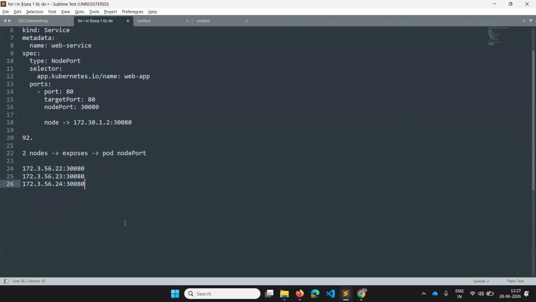But what if there are chances of security issues? Once your node IPs are exposed, there are chances that others can inject, SQL injection can happen, or any other security issues.